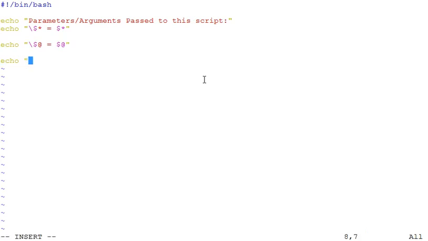Just to recall, the first item is $1. The second item is $2. And you should be able to recall that $0 always refers to your script name itself.